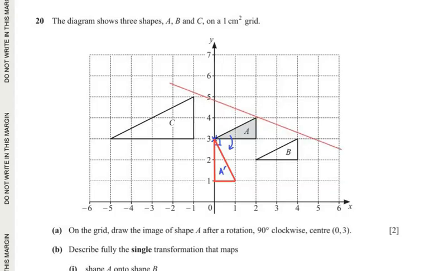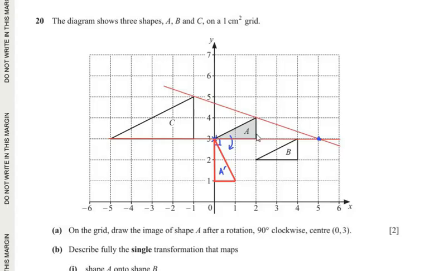So let me just shift it. Then we have to also connect the other vertices of the shape. So here this is a horizontal line. So both the vertices are on the same line. So let us just extend it and connect it this way. So we can see that the lines are joining at point (5, 3). That is 5 on the x-axis and 3 on the y-axis. So this is enlargement with the center of enlargement at (5, 3), and the scale factor is going to be,